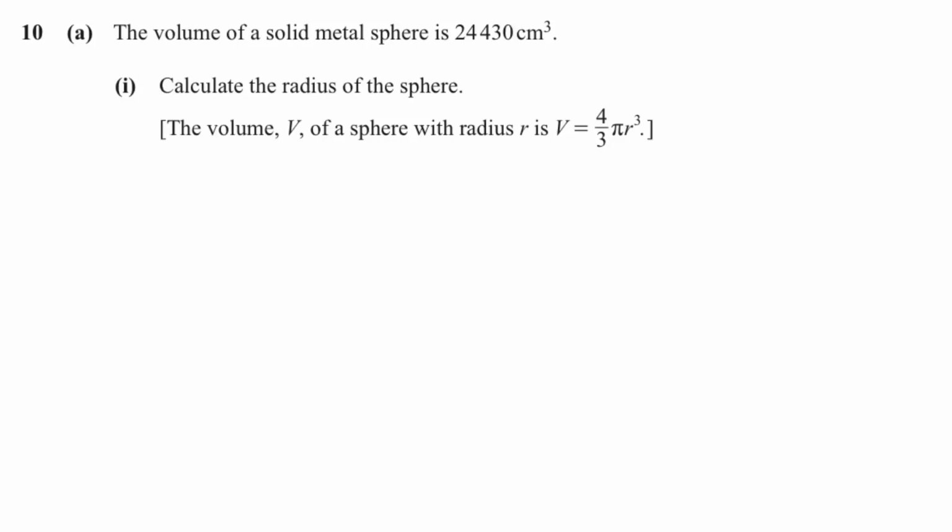Moving on to the next question. The volume of a solid metal sphere is 24,430 cubic centimeter. Calculate the radius of the sphere, and volume is also given to us, so we have to make R the subject. Volume is equal to 4 over 3 pi R cube. So 24430 is equal to 4 over 3 pi R cube. Whenever you want to make the subject,